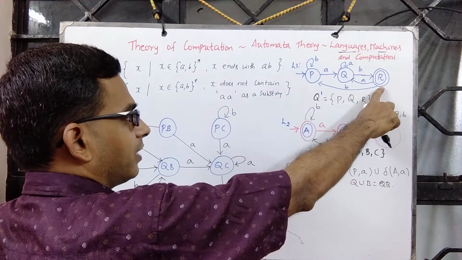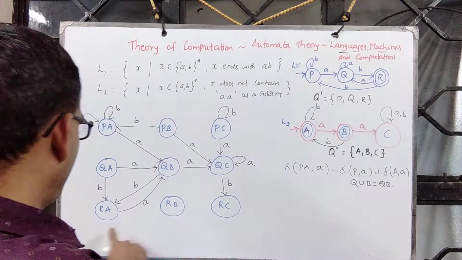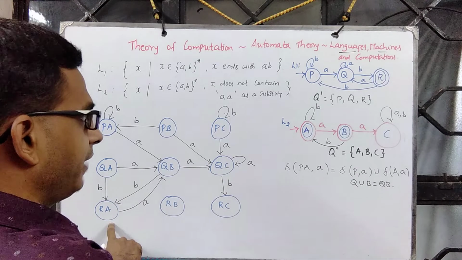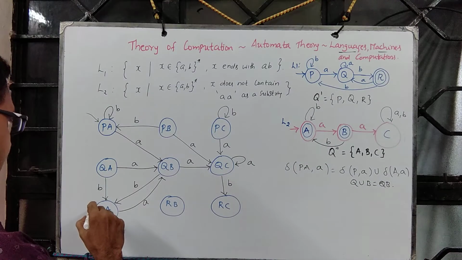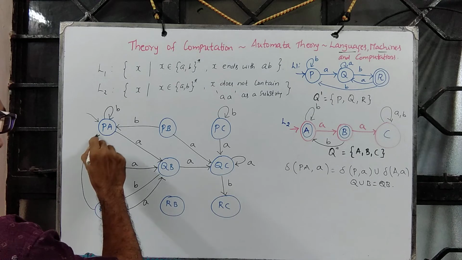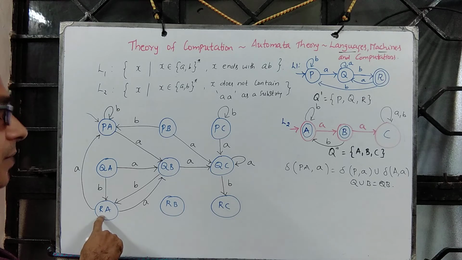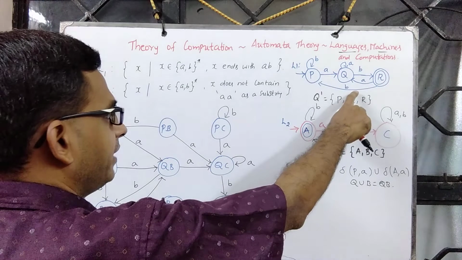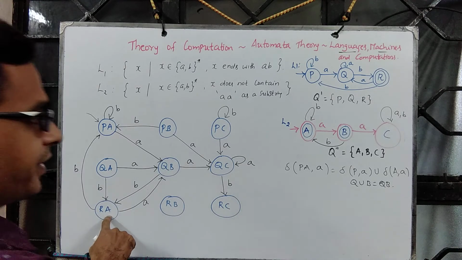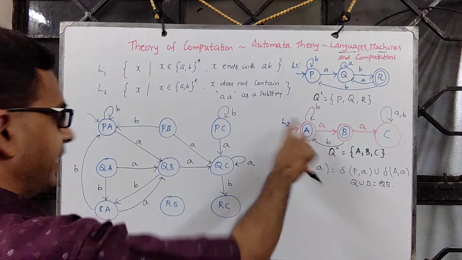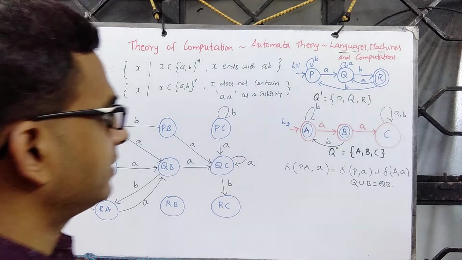Now when we read B at R, we go to P. And when we read B at A, we stay at A itself. So which means it's PA. So from this we go to PA. Correct? From R, when we read a B, we go to P, and on A, when we read a B, we stay at A itself. So we go here. Now with respect to RB, let's analyze.